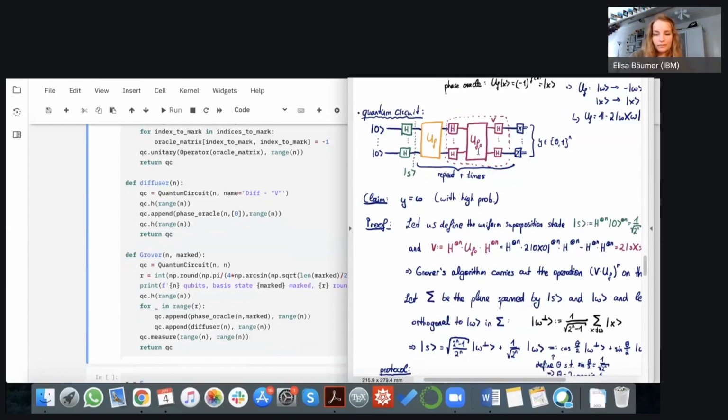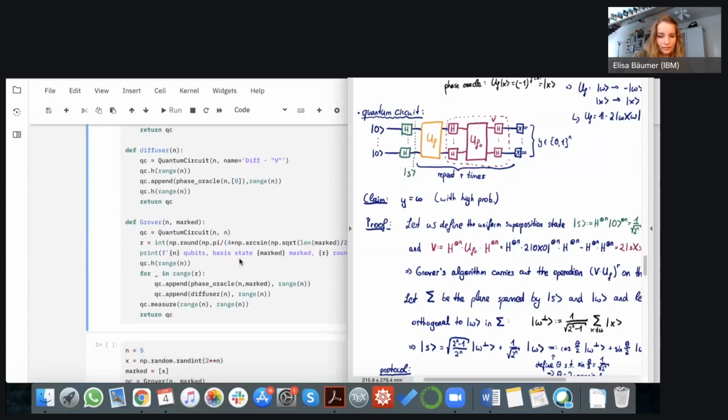The only element where it differs is the 0 element, the 0-bit string, which has just zeros, and this always corresponds to element 0. That's why we append the phase oracle with the marked element being just 0, on all n qubits. And then we have another Hadamard gate on each qubit. And we return this. This gives us the diffuser.